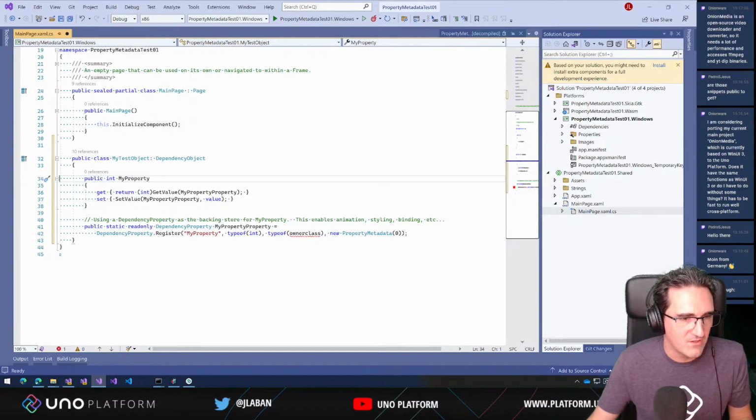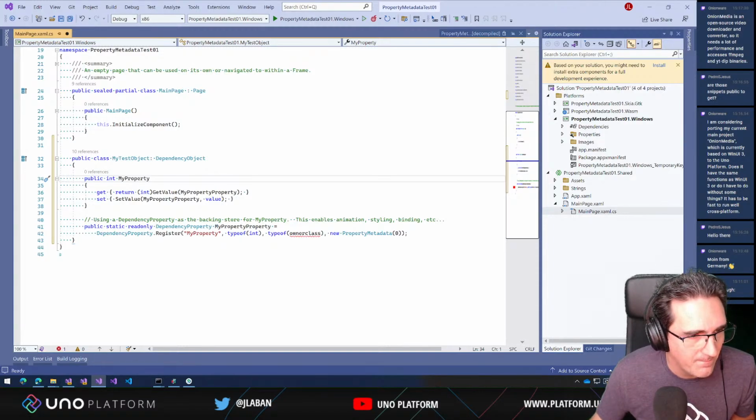Does it have the same function as WinUI 3, or do you have to do without some things? It has to be fast to run as well, cross-platform. And it's saying Onion Media is an open source video downloader converter, and it needs a lot of performance to access FFmpeg's and YouTube download binaries. Okay, so